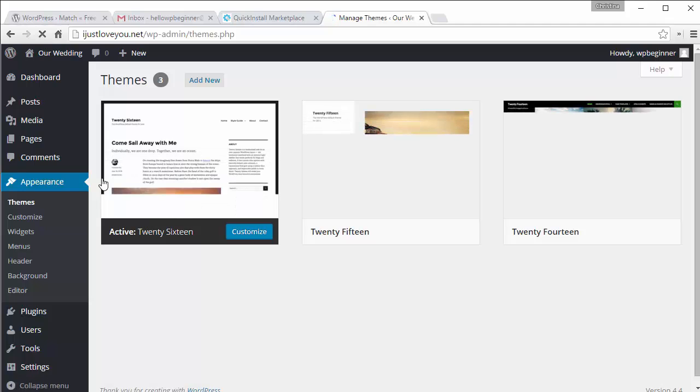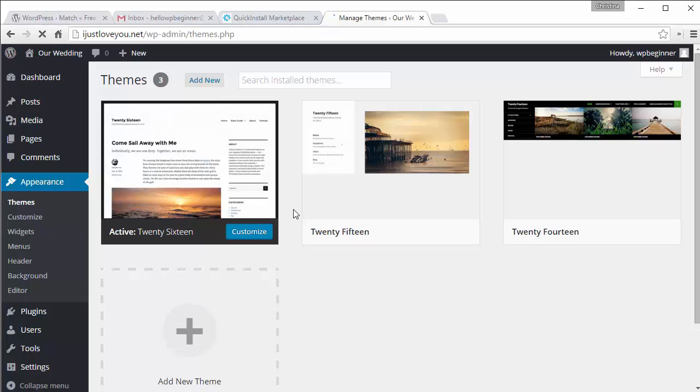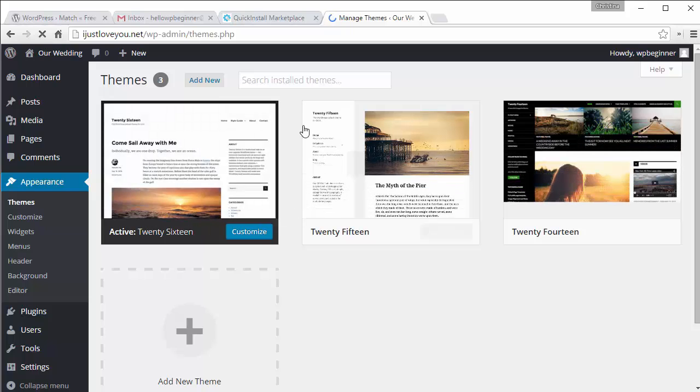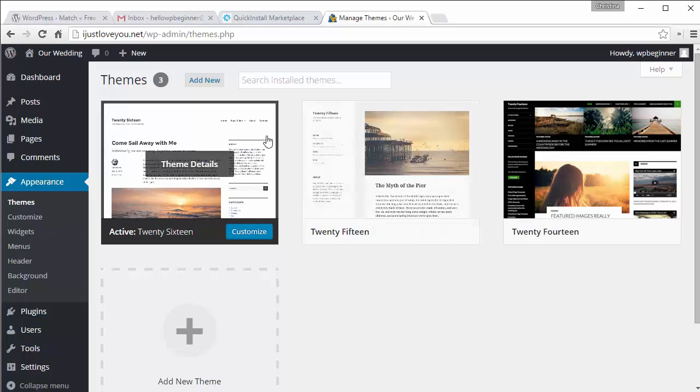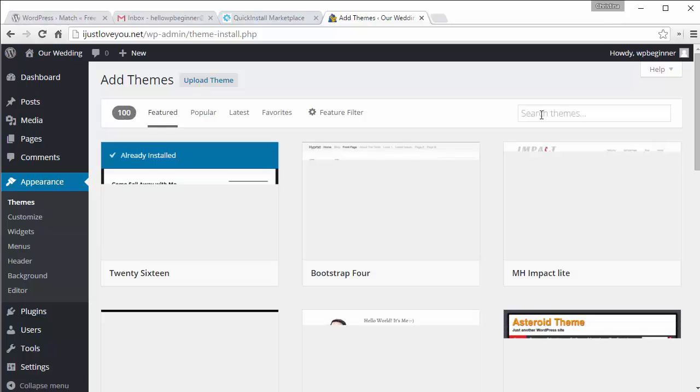You can do this multiple ways. There are a ton of paid themes out there. If you want to find a paid theme for you, then you can go and search for those. These are the themes that are currently set up on our website. This is the one that is currently active, but we want to add a new one, so we're going to go add new,